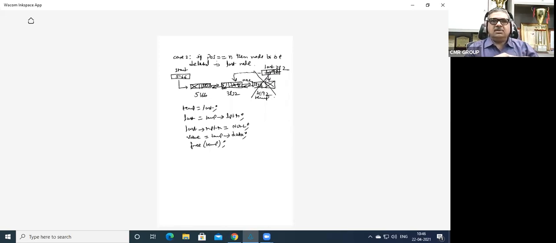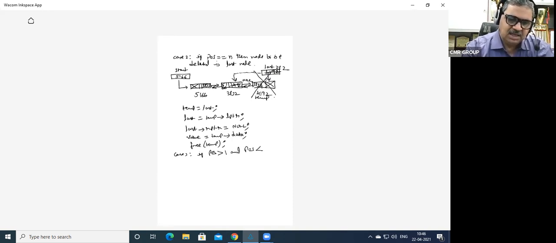Now after this, what do we have to do? It is an in between node. Now the case comes, it is an in between node. So when it is an in between node, let us see case 3. If position is greater than 1 and position is less than n, then it is an in between node. So how is the in between node logic? Let us see. This is start.